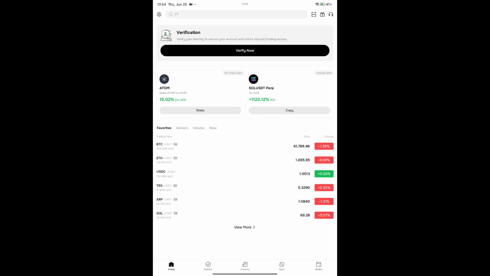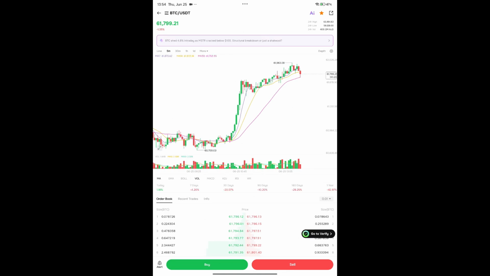So in order to add a price alert on Phemex, the first thing you want to do is to launch the Phemex app, open and log into your account. Once you're inside the homepage logged in, go ahead and open up the currency trading pair you are interested in. You can choose it from your favorite tab, and once you're inside this chart page, go to the bottom left